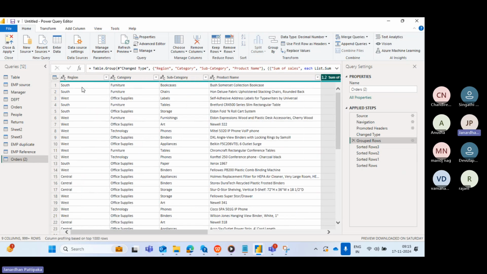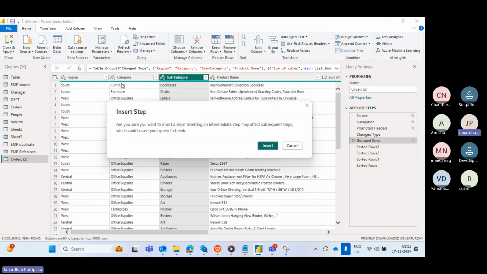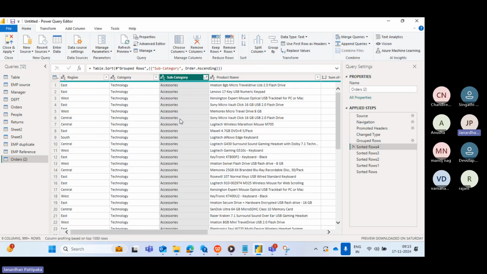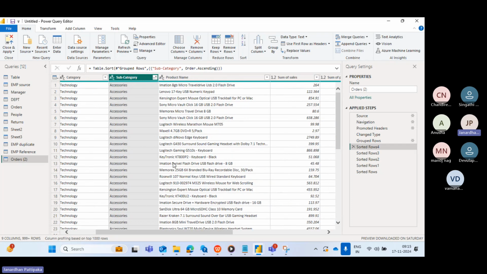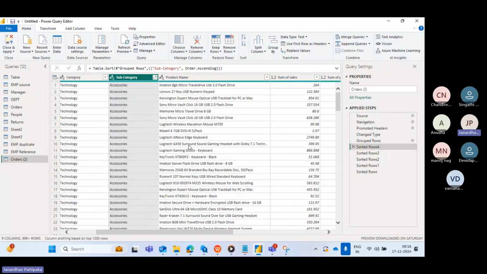See, this is the region. This is furniture. Suppose I'm sorting ascending over here. Insert step here, between the steps you can go. We can select, suppose, accessories is the subcategory. In subcategory accessories we can see how many products are there. So if you want to see which product is performing better in accessories,